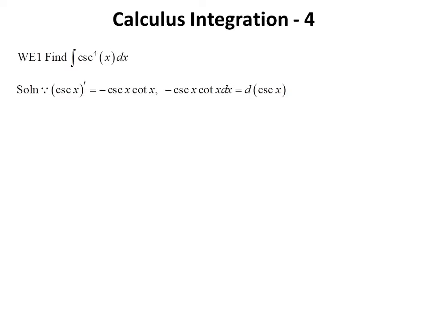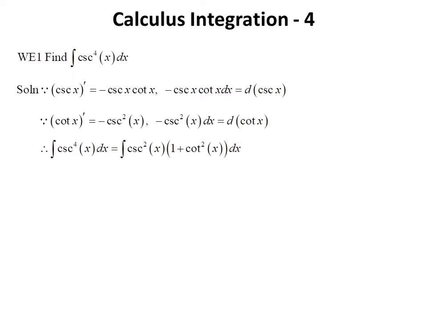Since the differentiation of cosec x equals negative cosec x cotangent x, negative cosec x cotangent x dx can be written to d cosec x. Since the differentiation of cotangent x equals negative cosec squared of x, negative cosec squared of x dx equals d cotangent x. Hence, the antiderivative is written to the integral of cosec squared of x times 1 plus cotangent squared of x, or in parentheses dx,